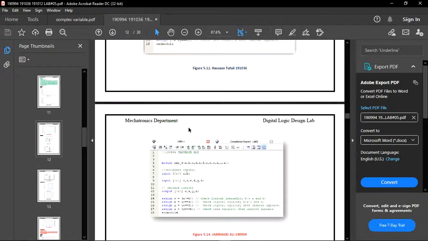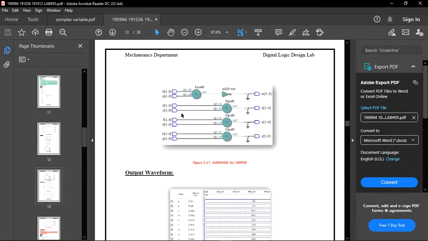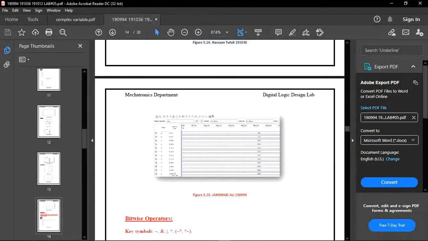And in the third case we have to check logical equality when an unknown appears, meaning if there is one unknown in e or f, then we have to check logical equality of function y.